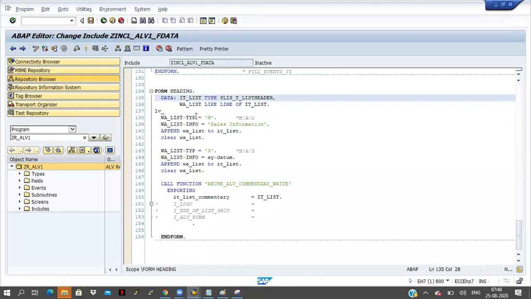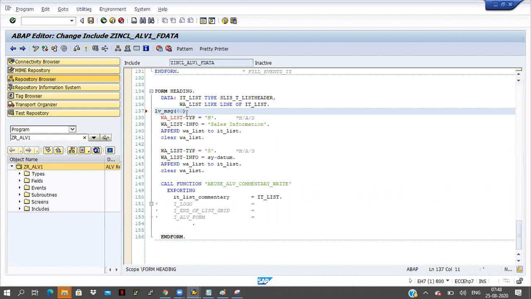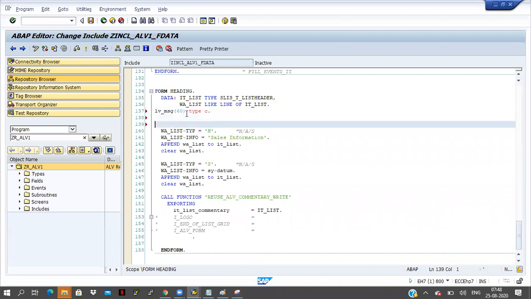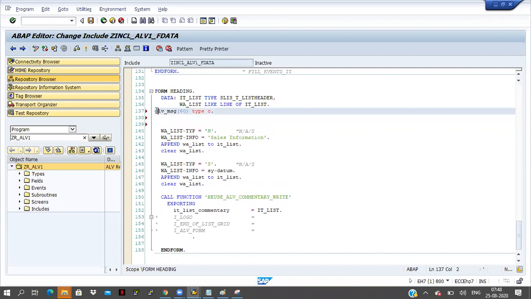Here I am declaring one local variable, LV underscore MSG of 60 type C.